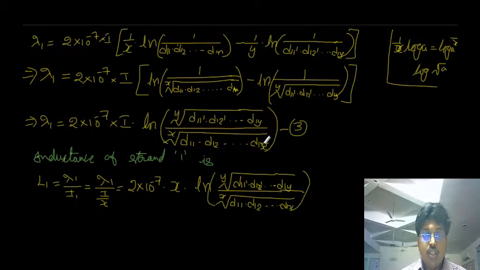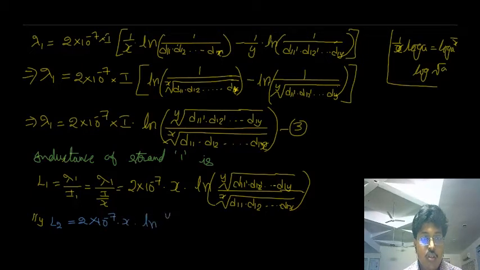Here is x, d1x. Okay, this is the equation of inductor 1. This is the inductance of strand 1. Similarly, if we derive the inductance for strand 2, we will get L2 equivalent to 2 into 10 power minus 7 into x into logarithm of y through tau, d21